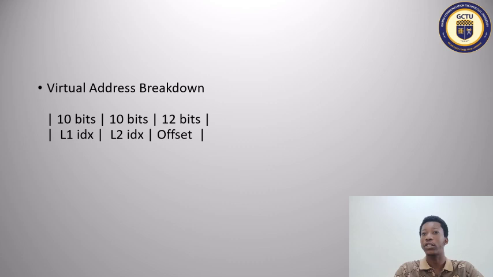So the offset is also a place where, when the page is being broken down, it enters, as compared to the level 1 and then the level 2 index. So we move on to the